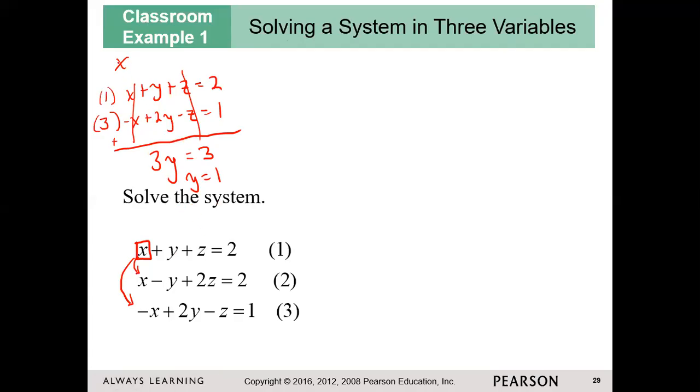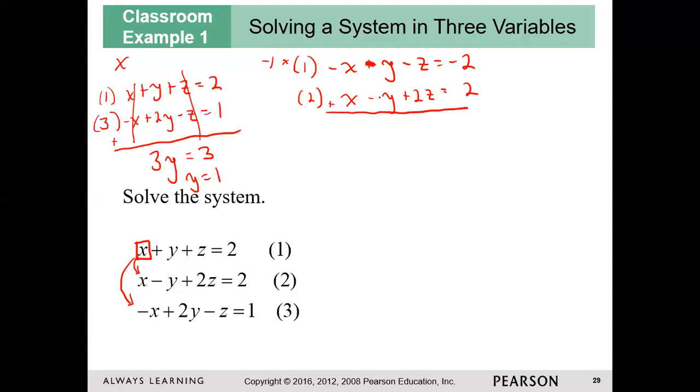I'm then going to take my pivot variable and I'm going to use it to eliminate the variable X in equation number 2. So I am going to multiply everything in equation number 1 by negative 1, because remember, I want opposite coefficients. So that's going to give me negative X plus, you know what, I'll just leave it as minus Y minus Z is equal to negative 2. Again, I've multiplied everything in equation number 1 by negative 1 to create the opposite coefficient that I'm looking for. And then I'm going to add it to equation number 2, which has X minus Y plus 2Z is equal to 2. And when I add these up, my X's will definitely eliminate. This gives me negative 2Y